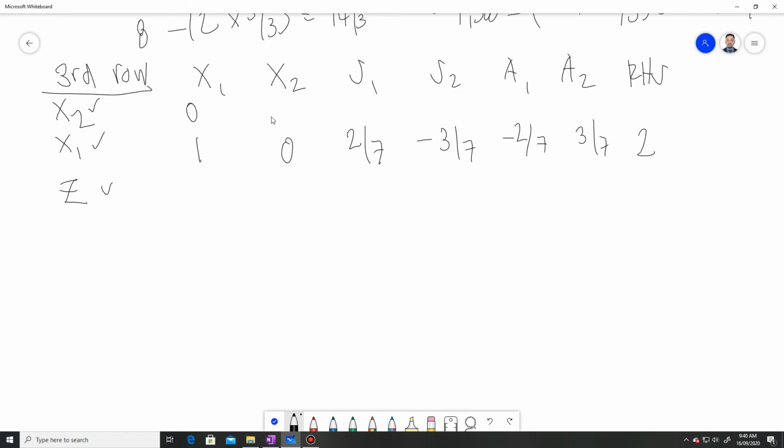This is 0, 1, and RHS is equal to 1. For z, we will also do the same formula as we did with x sub 2, and the answers are